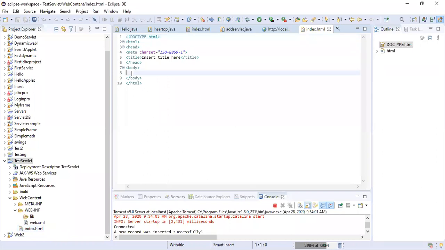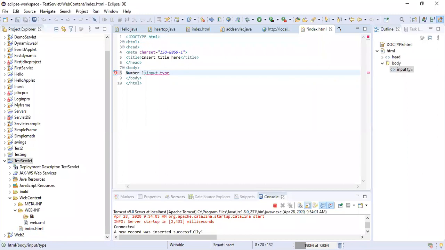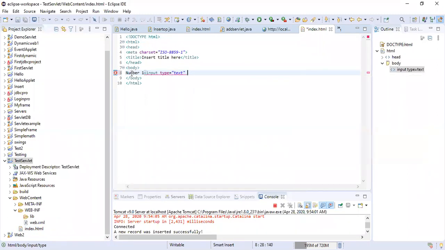So in the body section, we are going to write our code. Here I am going to take two numbers, and we want the addition of the two numbers to be performed on the server side. So I'll take, say, number 1, and input type is equal to text, and name is equal to num1.